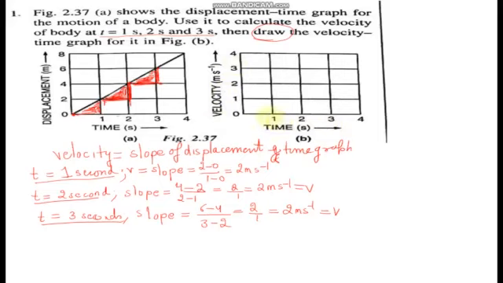So generally this type of sketch will not be given in the exam and you will have to draw the velocity time graph yourself. So how will you draw it? You can draw it like this, a rough sketch in your answer sheet. Velocity is on y-axis and time is on x-axis. Time on x-axis, we have taken 1 second, 2 seconds, 3 seconds, 4 seconds. And velocity 0, 1, 2, 3, 4.